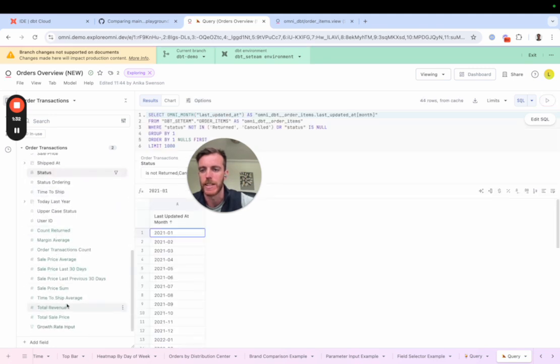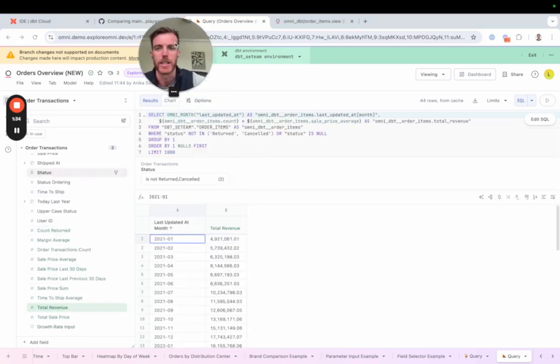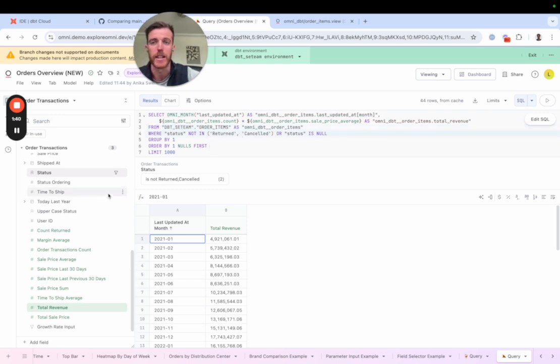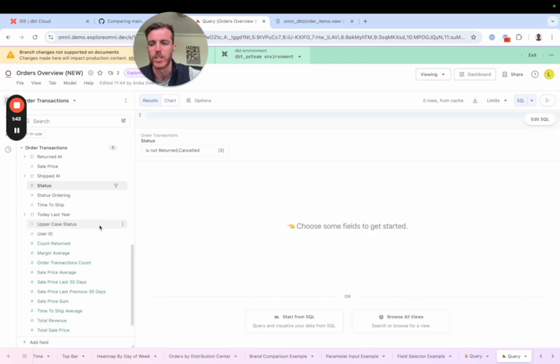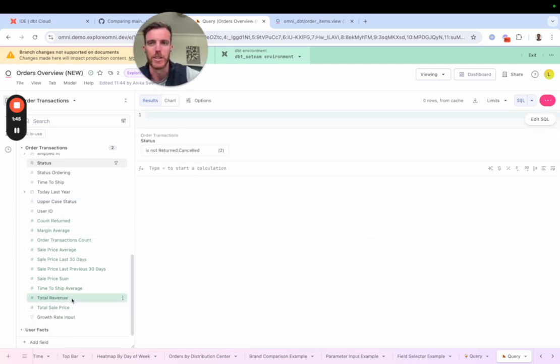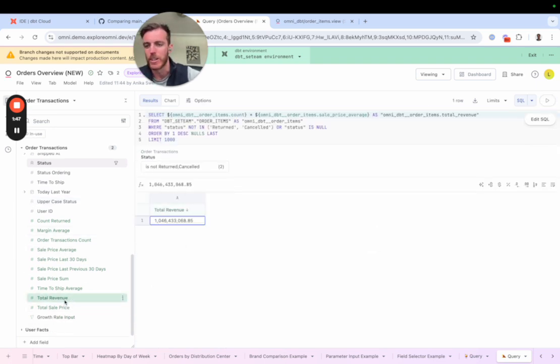So now from here, I can see that my output looks as I would expect. And we can see my queries are pointing to my dbt SE team development branch. I can also check that everything looks as I would expect for my changes to my revenue. We saw that we changed our total sales price. So if I choose my total revenue here, again, we can see our queries hitting our dbt SE team